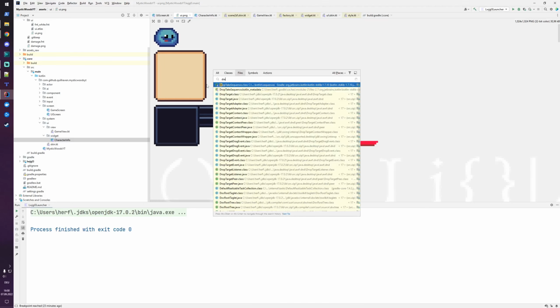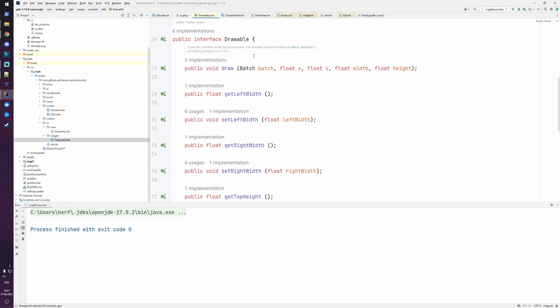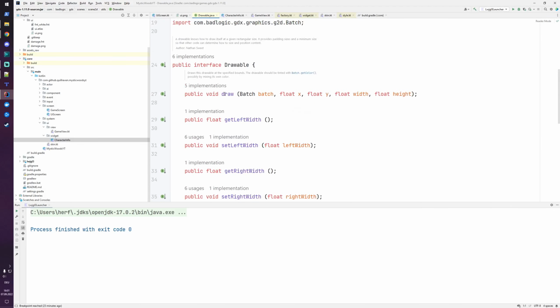And out of curiosity, let's quickly check what a drawable is. So it's just an interface. Okay, it has this information, so it would know how to draw itself. This is what I mentioned: a texture region does not know how to draw itself. It's just information about the texture or the region of the texture, and a drawable could be used to already